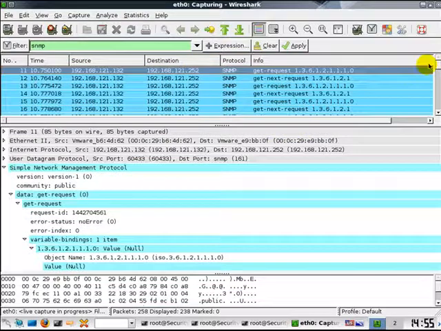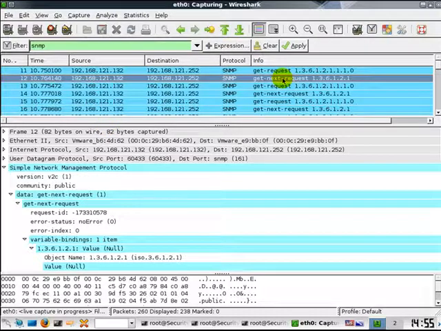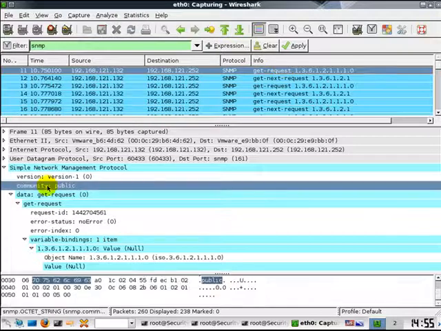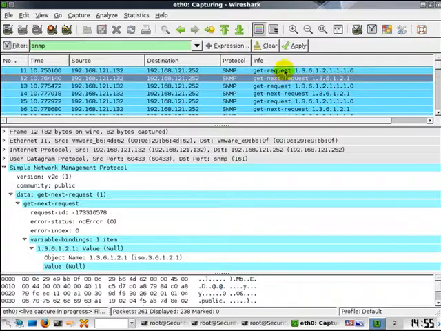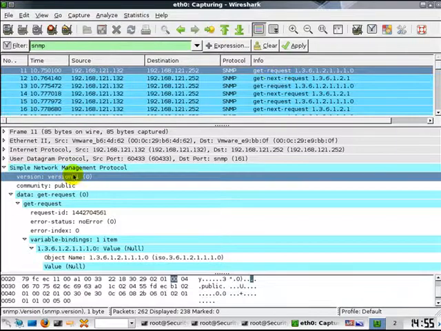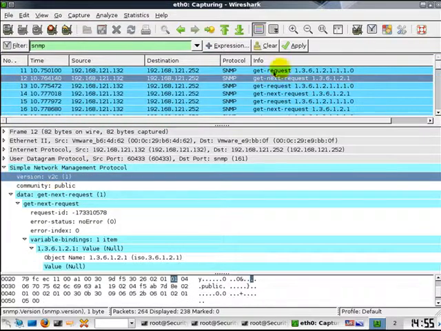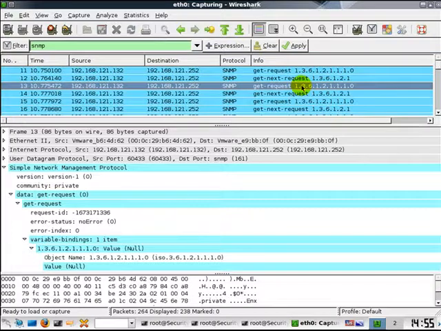Let's go up. If you notice, the community scanner module is sending a GET request with these different community strings. The first one was public. It's trying two different versions of SNMP: one is version 1 and the other is version 2c, right? And then it is repeating the same for the other strings.